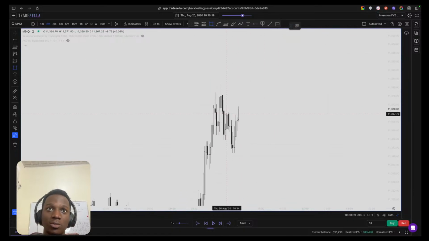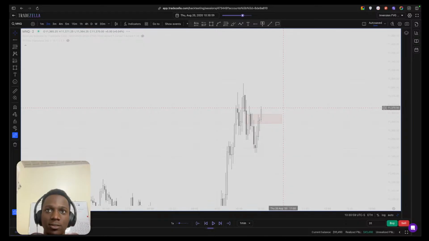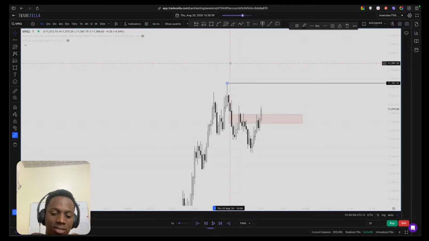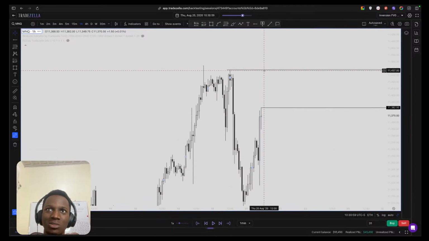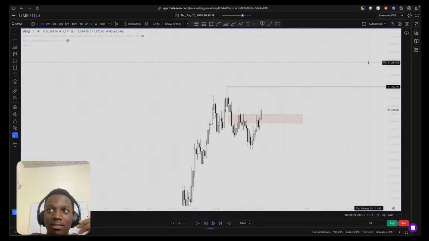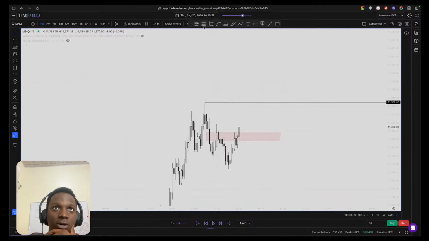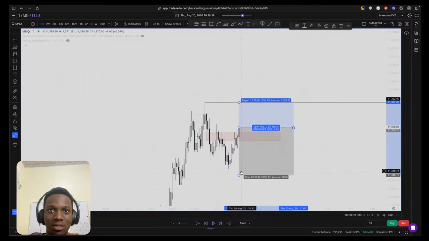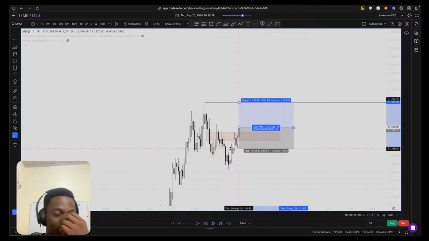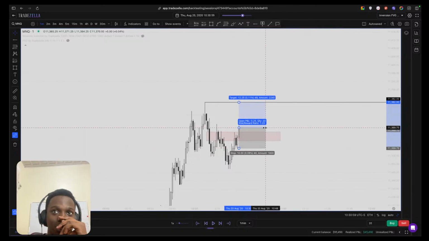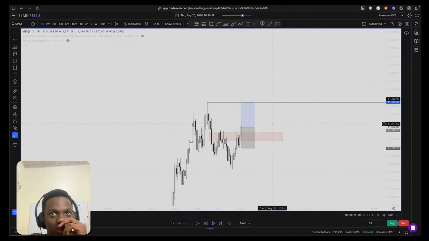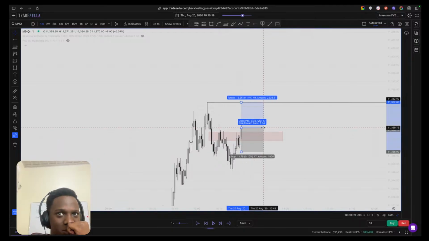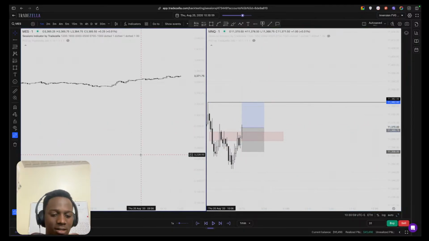So we get a beautiful inversion here, rejection off of here, and we also have this. Well, I wouldn't like to target all the way here because we still have like 3 hours before this 4-hour candle can close, and if it's going to hit all the way to those highs, then we might do it in the middle 2 hours, like at 11, or somewhere like at 12 as the PO3 threshold print. So this is not A plus because obviously it's not delivering the best RR.